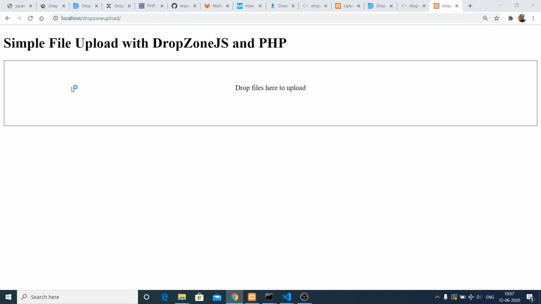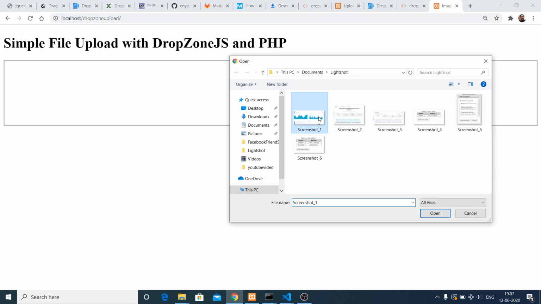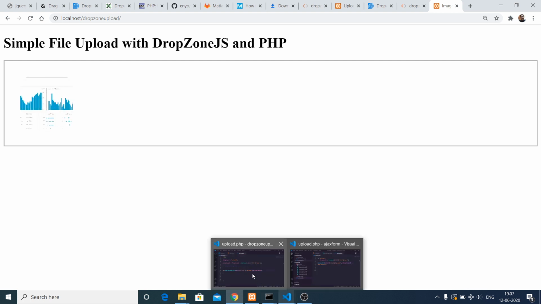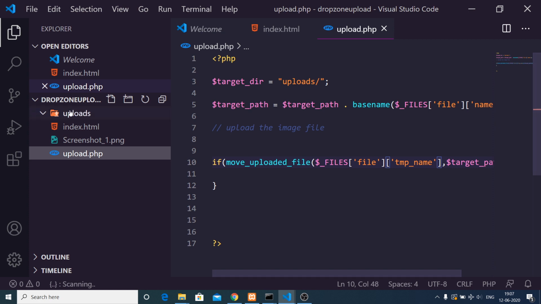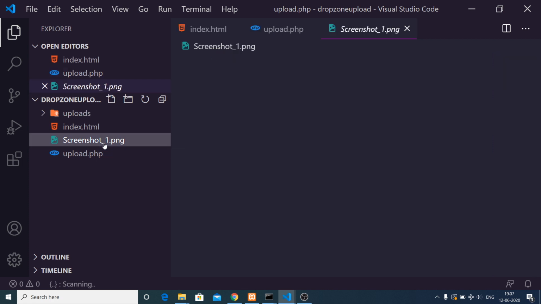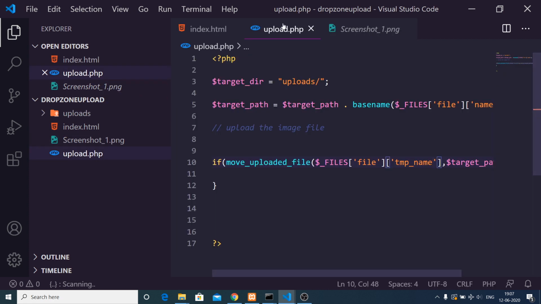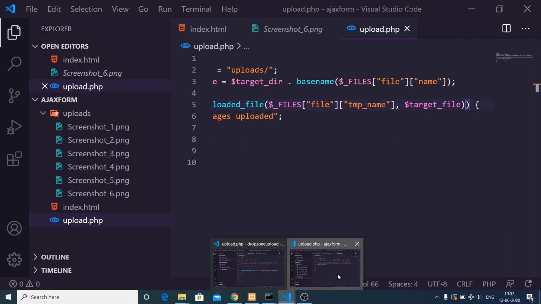So if I again click this, select this image, now you will see that it is successfully uploaded. Now if I check the folder, this is a folder. You will see that this is uploaded inside this. This is a file. You can see that it is not uploaded inside the uploads folder. Let me just see, guys, why it is not uploaded there.